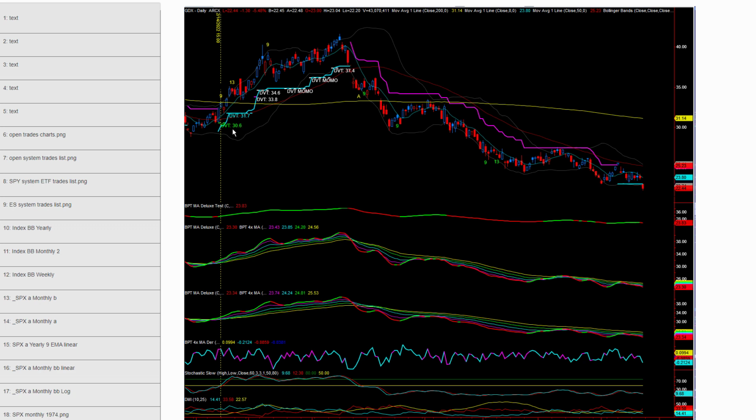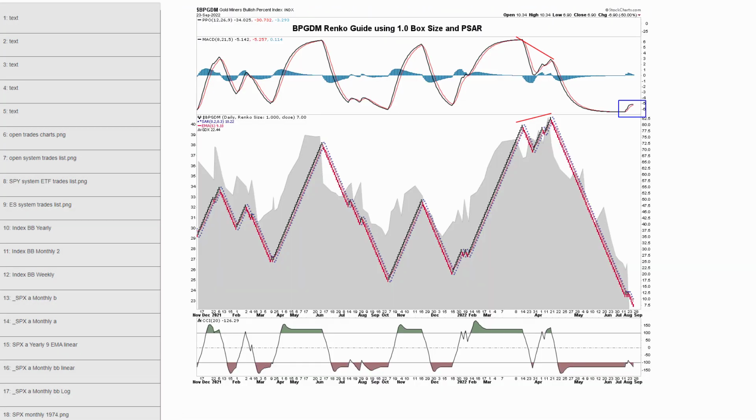Next, chart 82, here's the KISS system for GDX on our custom software. And it's done a damn good job this year. It went long there in February and got out in April at that DVT. They actually made a little bit of money. And it's been out ever since. It never tried to go long in any of these bounce attempts.